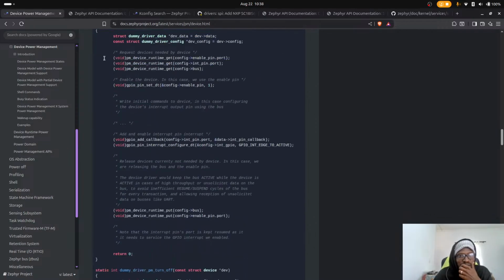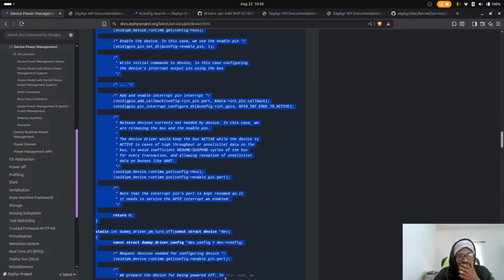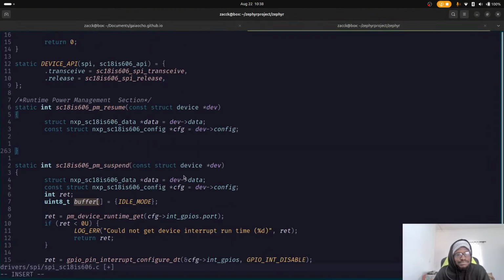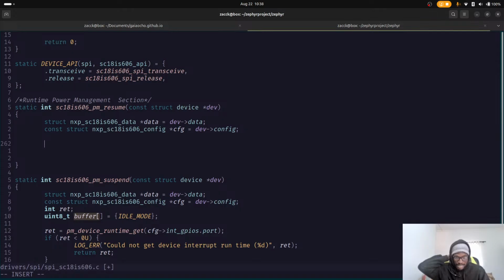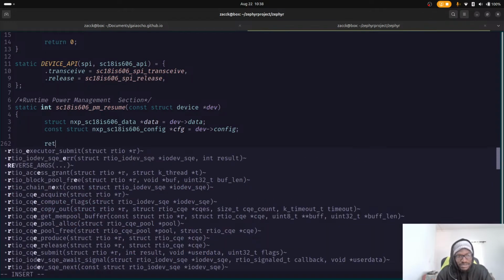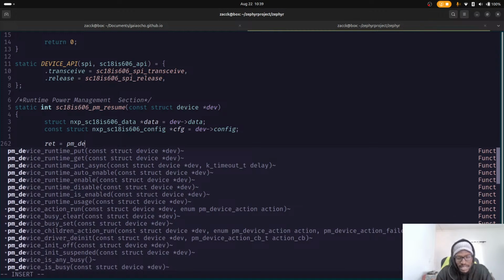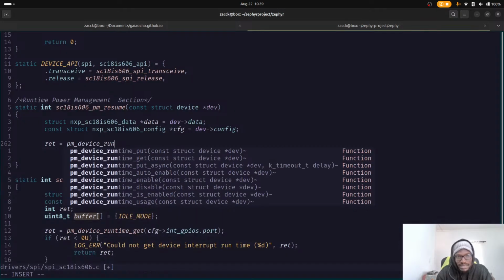So now let's implement PM resume. Okay, PM resume. So this is going backwards. Suspend and resume. Suspend is going to low power. Resume is come back out of low power. So let's implement that. There's that, and then the first thing we need to do is to get all our runtimes the same as below. So ret equals pm_device_runtime_get,